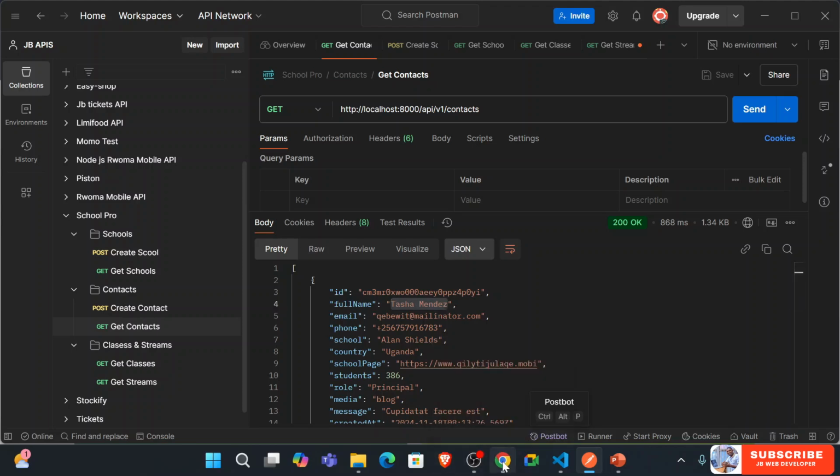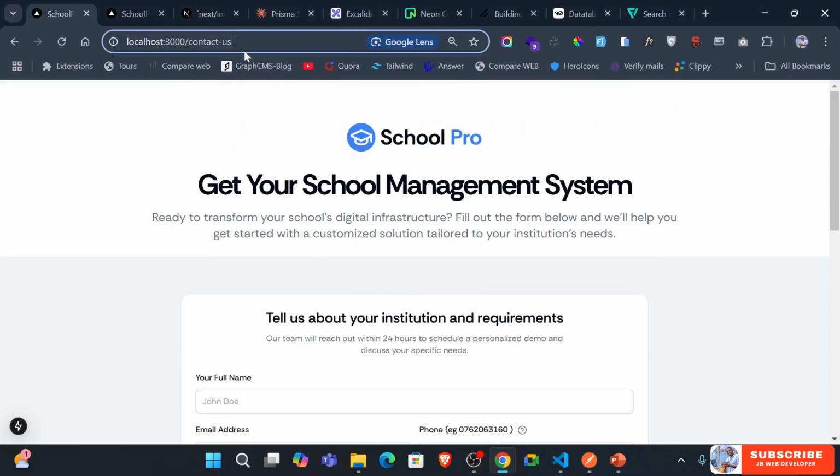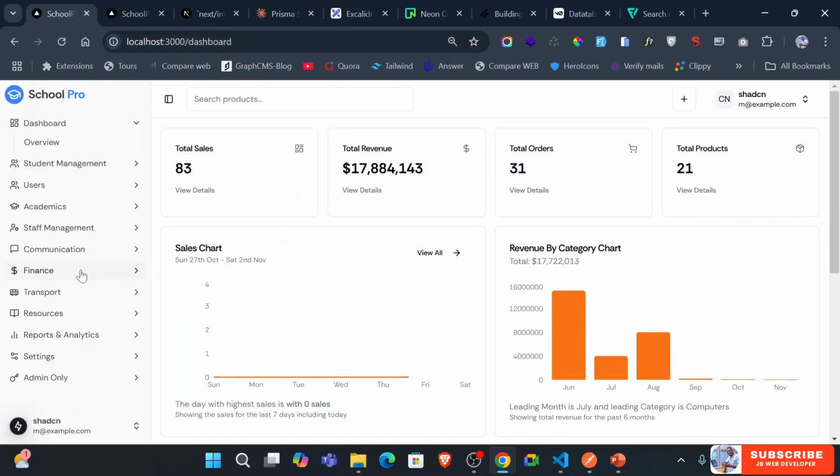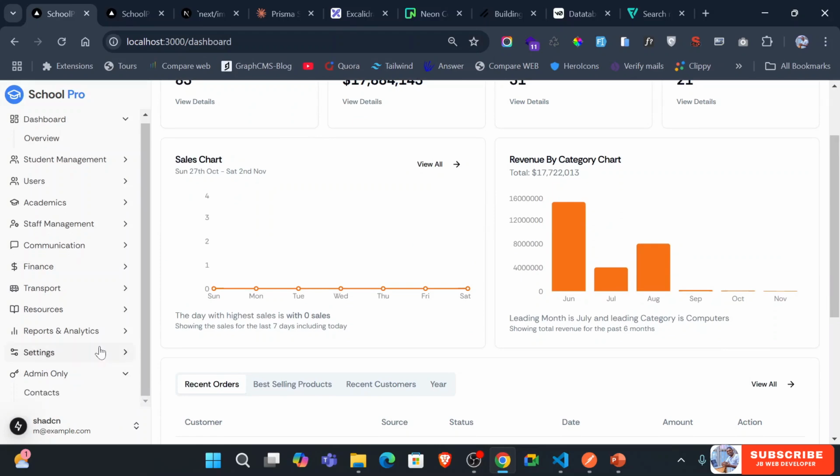Okay, we did not just put it there. We actually added this to the admin section in the dashboard. So if you just go to the dashboard, we created a new section called admin only, that of course we'll hide when we start adding roles and permissions. So if you just click on contacts, okay,